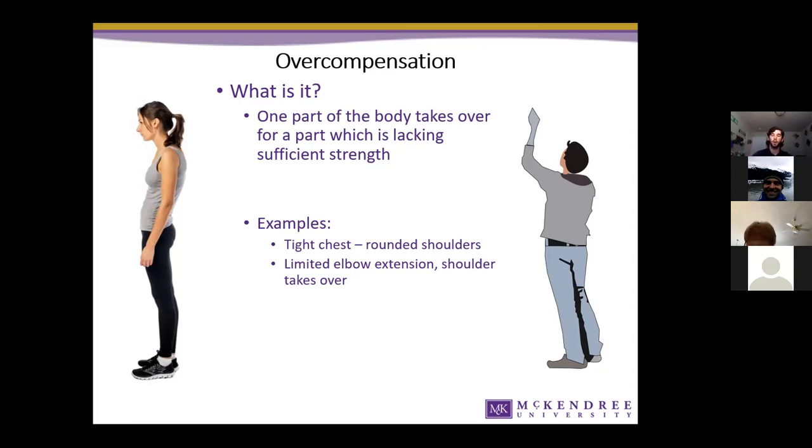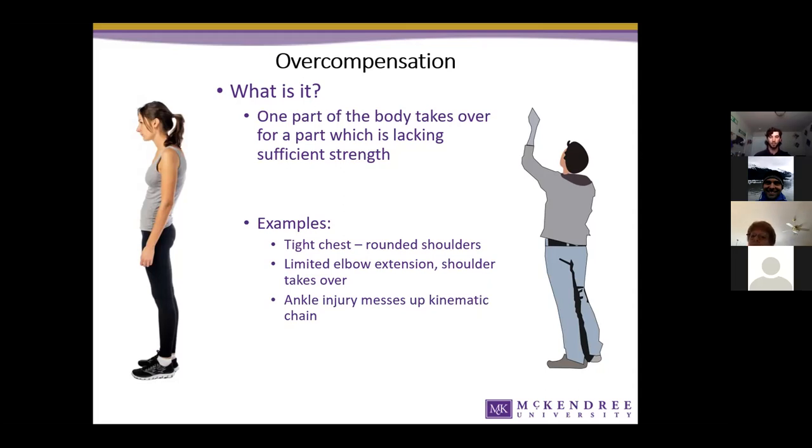Another one sort of looks at the body holistically in terms of the kinematic chain, which is basically just how the body reacts from bottom to top and from top to bottom. So an ankle injury can cause a whole funk of a mess for a baseball player.